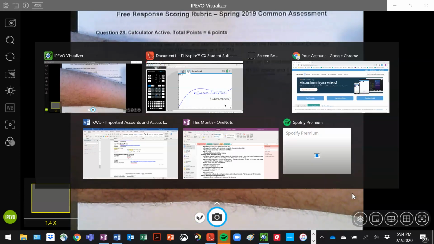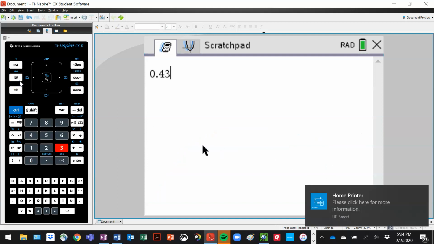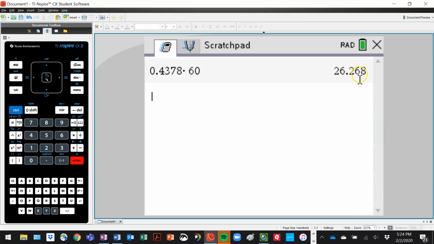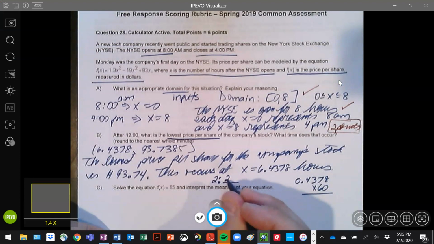Let me go back over to my calculator. Let me switch over. 0.4378 times 60 is going to be 26.268. So that would be 26.268 minutes after 2 p.m. Because we're supposed to round it to the nearest minute, we would say that that is going to be 2:26